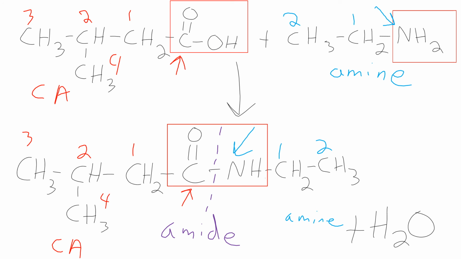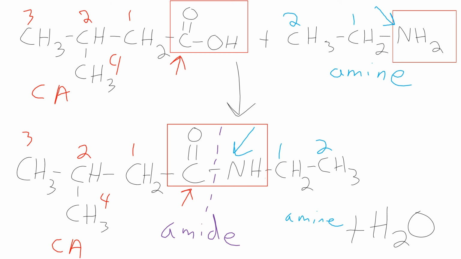So when you're doing these problems on your own, when it's not already pre-filled out for you, you're going to have to figure out what your product is going to look like, or what your reactants are going to look like. You want to use colors or symbols or numbers to make sure that you're maintaining the correct bond connectivities to everything. Remember, sometimes you have to rotate molecules around, making sure that you have the same bonds connected. Your bond connectivities outside of the functional group do not change.